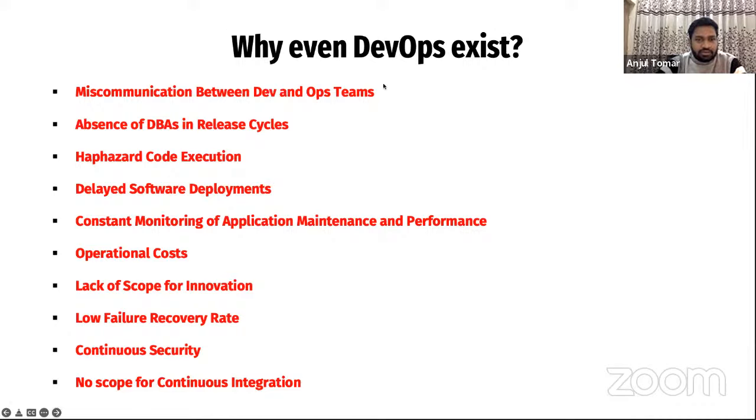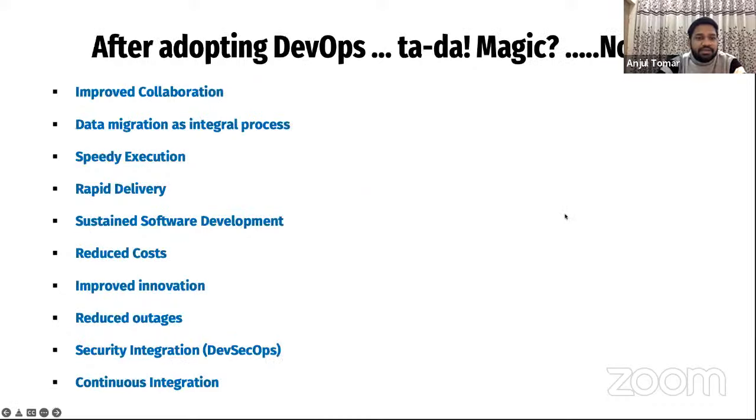Right. So when organizations were facing these problems, a magical person called DevOps, or not a person, I would rather call it a process, came into place, right? And it solved everything in between. That magic happened, right? Definitely that's not magic. That's basically an approach, an improved collaboration in the organization that is happening.